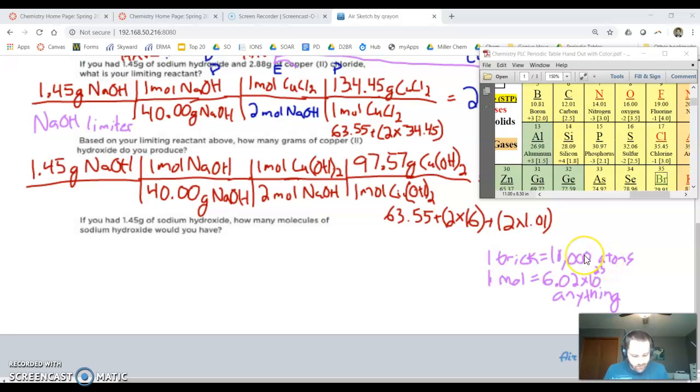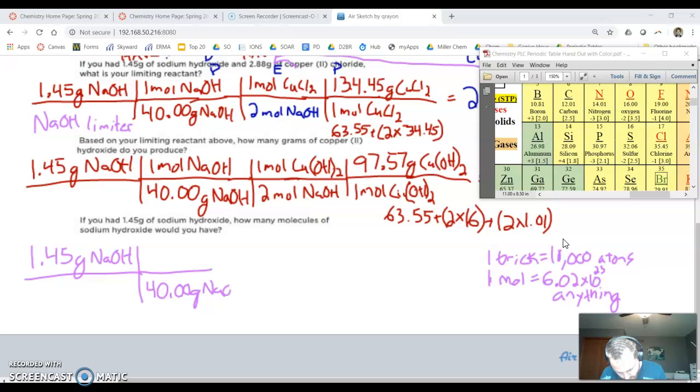So the way that I'm going to solve this, a lot of my work is going to be the exact same. I'm going to take my 1.45 grams sodium hydroxide. Well, I need to get that to moles. I need to know how many bricks. So I'm just going to use that same process I have. 40.0 grams sodium hydroxide per 1 mole of sodium hydroxide. And now all I'm going to do is use this equivalence. Oh, well, I know 1 mole of anything is equal to 6.02 times 10 to the 23rd. Anything. So I can take that 1 mole of sodium hydroxide